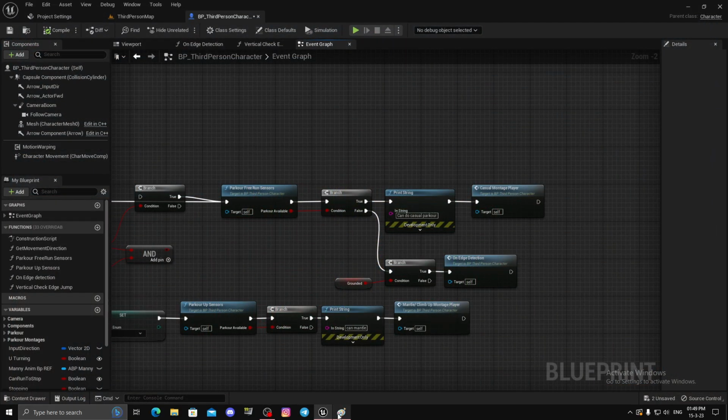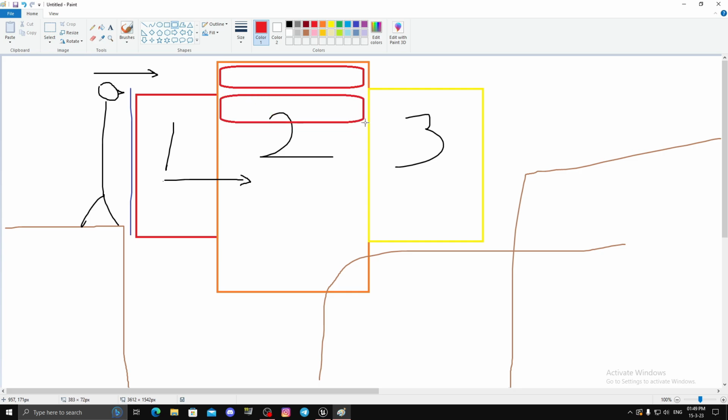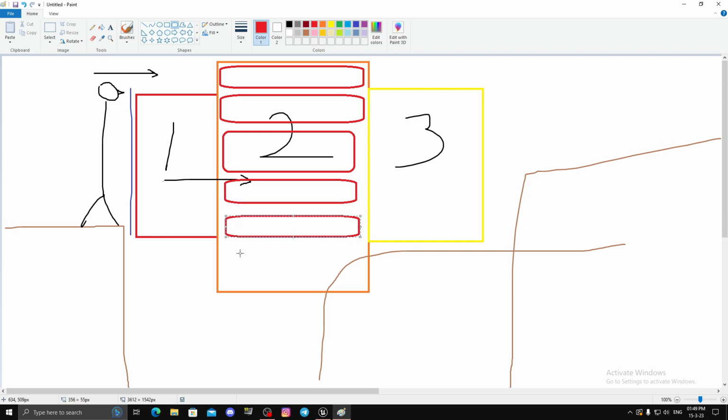Sphere traces. Let's say we hit the ground somewhere here. What we do is we create multiple sphere traces from the start of this box. You create multiple sphere traces like this, then one below. We do that until we hit something. So right now here we hit something. If our ground was somewhere here,